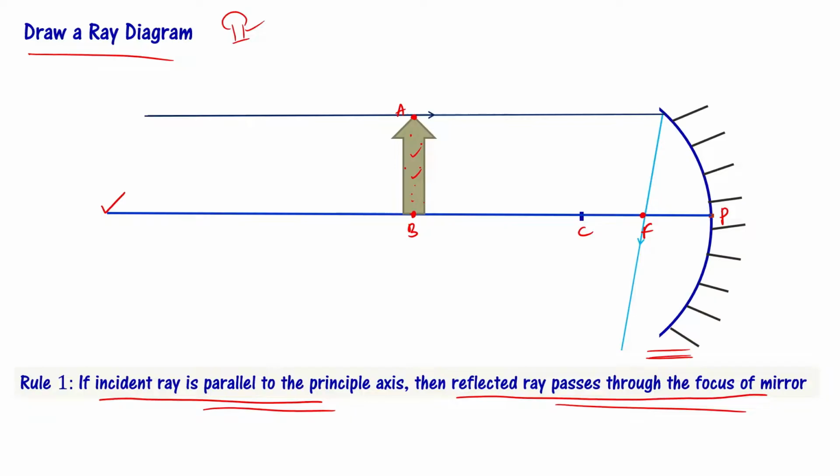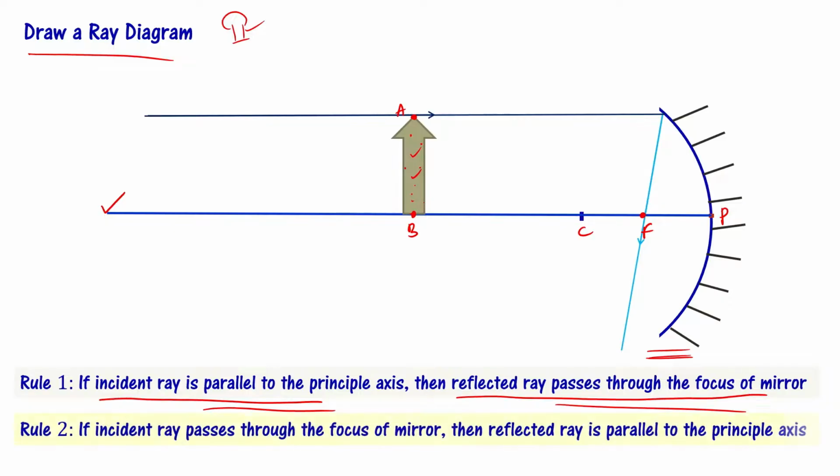Now second ray draw cheyali, dan kosam we have to find another kind of ray. Dan kosam we are going to make use of rule number 2. If the incident ray passes through the focus of the mirror, then the reflected ray is going to be parallel to the principal axis. Ante incident ray anedi manaki focus nunchi pass avvali. And the incident ray has to come from point A. Please note this. మనం పాయింట్ A అనే పాయింట్ ఏదైతే ఉందో దాన్ని ఇమేజ్‌లో రిప్రజెంట్ చేద్దాం అనుకుంటున్నాం ఫస్ట్. ఓకే, సో ఇన్సిడెంట్ రే హ్యాస్ టు కమ్ ఫ్రమ్ పాయింట్ A అండ్ ఇట్ హ్యాస్ టు పాస్ త్రూ ఫోకస్ ఆఫ్ ద మిర్రర్,